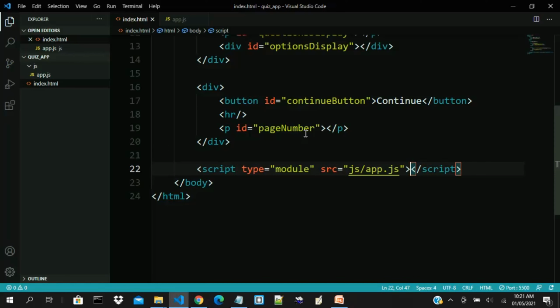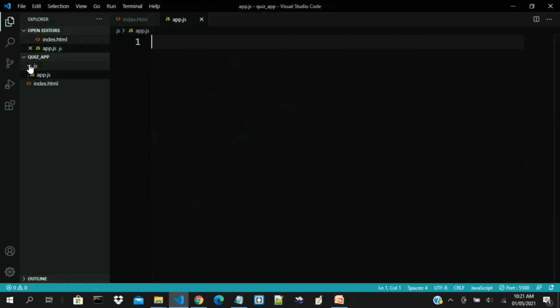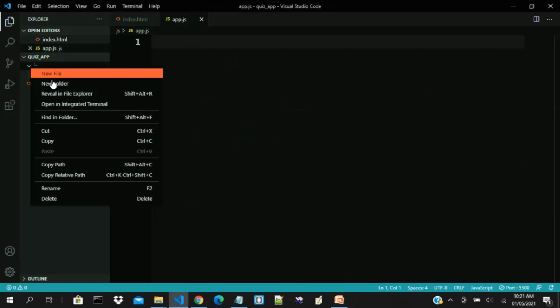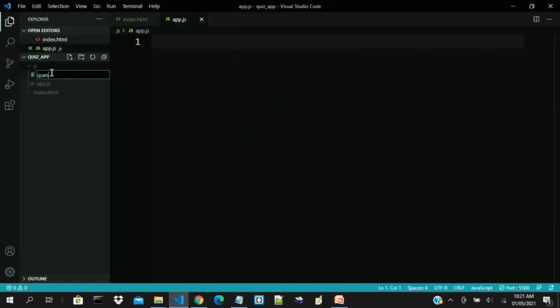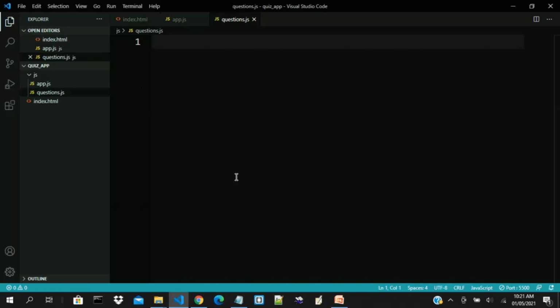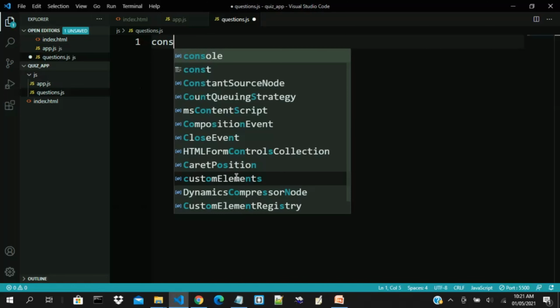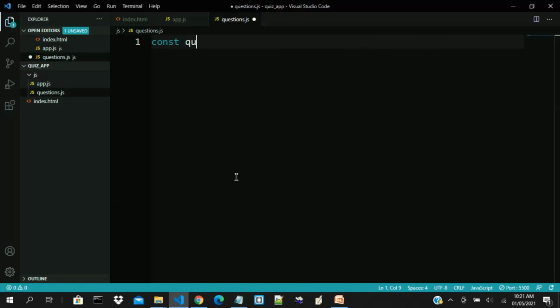So now I want to go to app.js. Let's begin to write some things there. First of all, we need to prepare our questions too. So let's create a file called questions.js. And then that will give us a const questions. So we are going to give it an array,